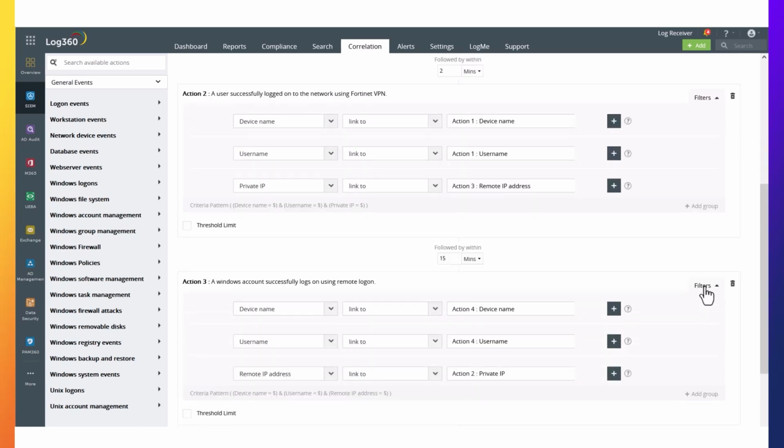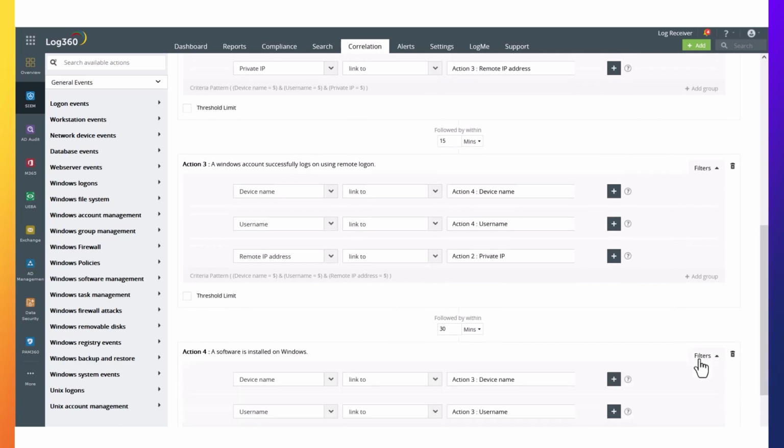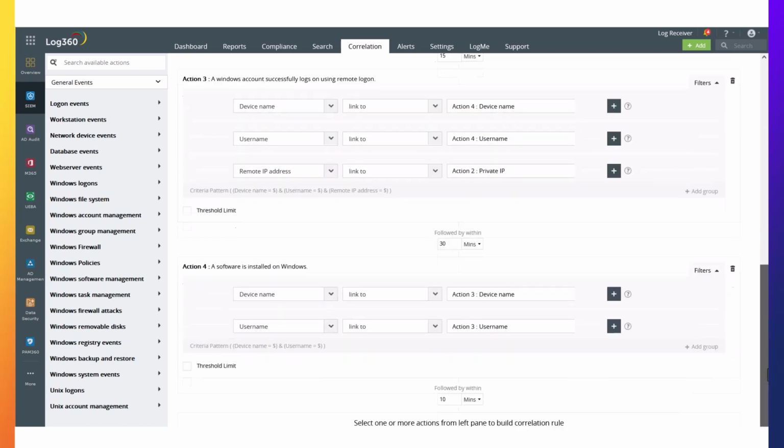Within another short duration of 15 minutes, there is a logon registered on a Windows device from the same user account and the private IP address associated with the VPN login. If within the next 30 minutes, the user and device associated with the previous actions performs a software installation, the whole series of actions is treated as suspicious and will need further investigation.